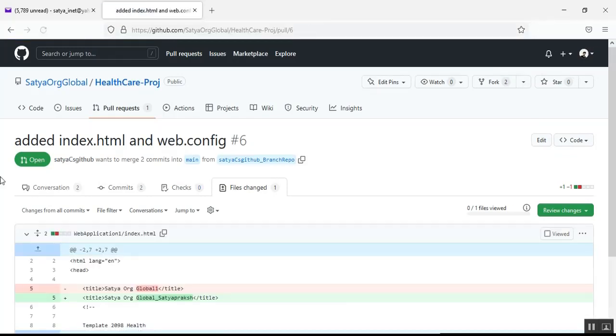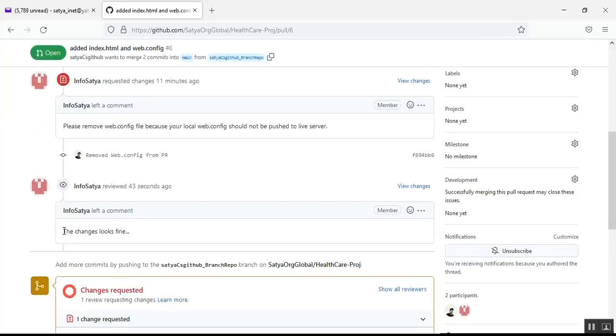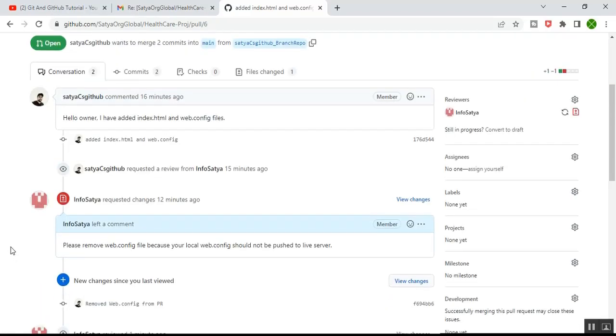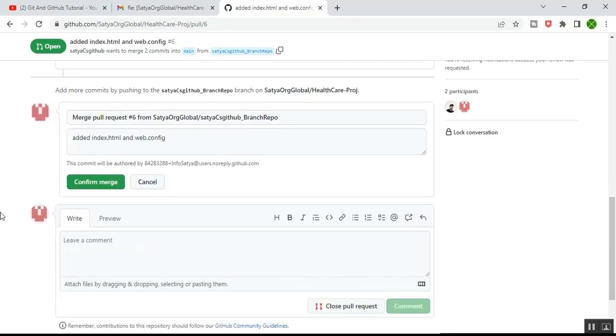He'll go to the conversation, and if you scroll down, you can see the owner has given some comments here. Alright, so after doing this, the owner will merge the main branch from the Satya CS GitHub branch repo. So this is the login of Info Satya owner. He will scroll down, and you can see one merge pull request button is there. So you'll select here,